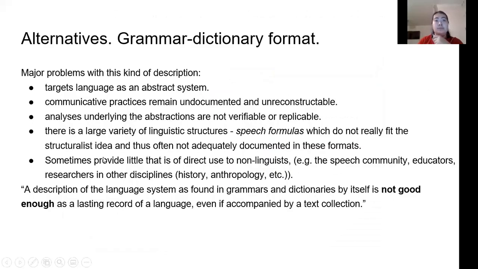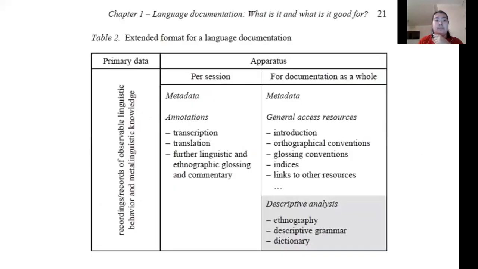So an alternative for this format is the grammar and dictionary. It has major problems according to Himmelmann because it targets language as an abstract system of rules, and communicative practices are undocumented, unreconstructible, abstractions are not verifiable or replicable. So in general, it is not good enough as a lasting record of a language.